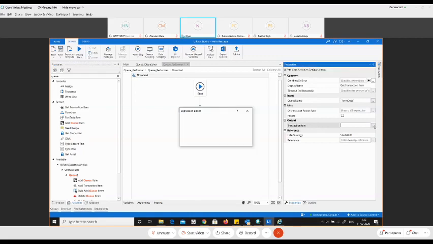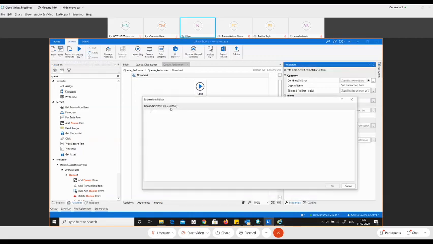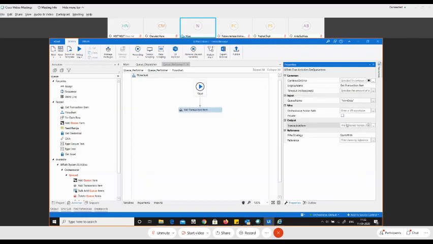Transaction item is nothing but a queue item, so the variable type is queue item. We'll create a new variable. We advise keeping the variable name as transaction item because that is much more meaningful, but you are free to use whatever name you wish. In our case, we'll say it is transaction item.